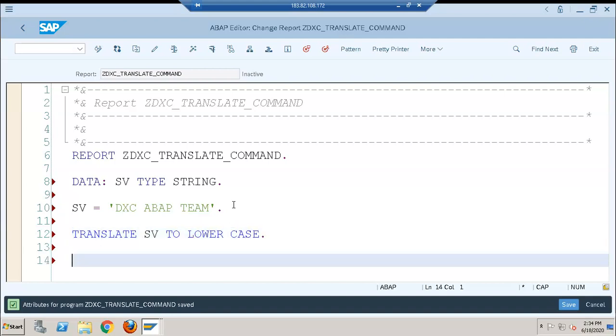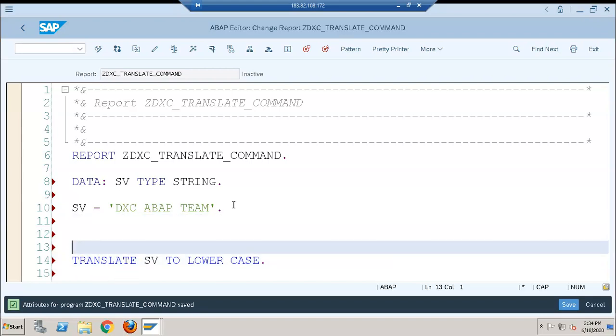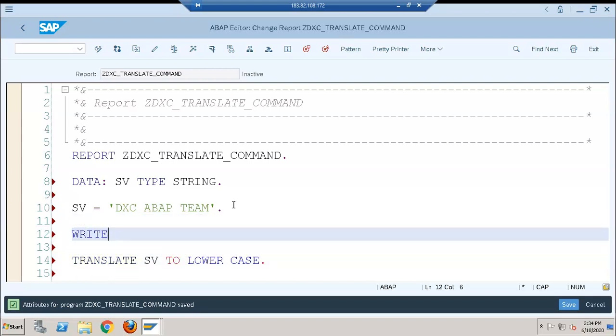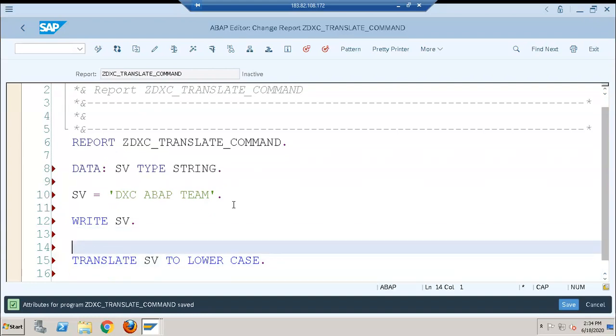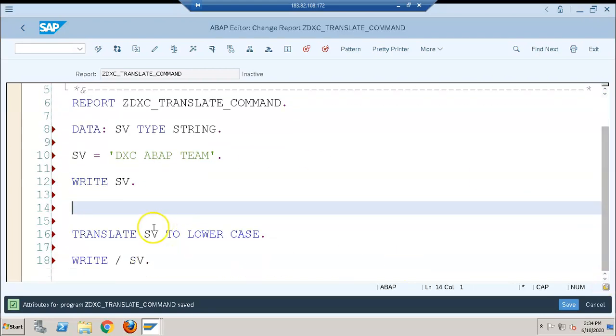Okay, so we have written in uppercase, right? Then now we'll say write sv. So in the write statement, after the write statement, we'll go ahead with the translation.